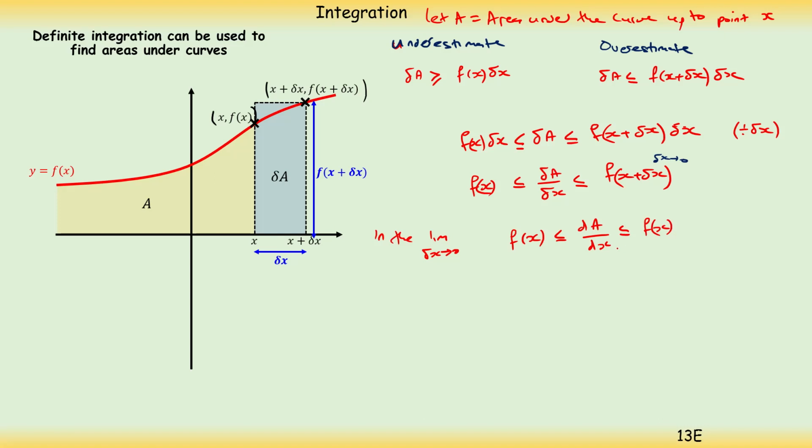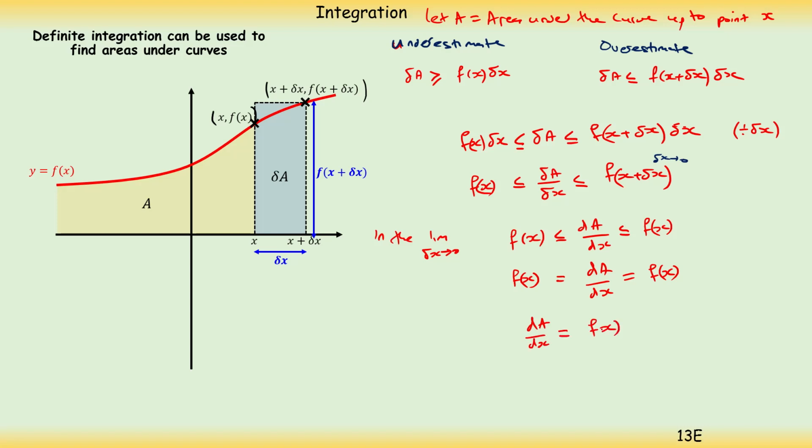Which is an odd statement really, because we've got f of x is less than or equal to the differential of A with respect to x, which is less than or equal to f of x. So we've got f of x on both sides. The only thing that makes sense for this statement to work is where f of x is equal to the differential of A with respect to x, which is equal to f of x. So I don't need two f of x's, so I can say the differential dA over dx is equal to